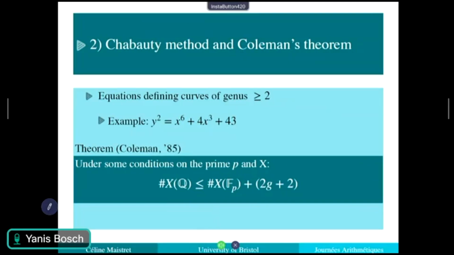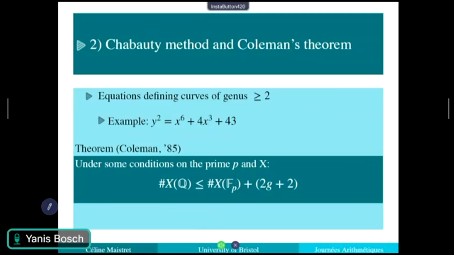So this gives you literally a bridge from your knowledge of the curve over F_p to the knowledge of the curve over Q. And again, you may still search for points and then stop when you've reached the bound,